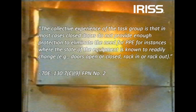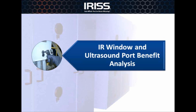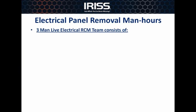That's why you see customers using arc-resistant switchgear, which is designed to not try and contain that force, but to try and vent it to a safer area so no one's put at risk. But the name of the game is to leave the doors closed. But to leave the doors closed makes it almost impossible for us to do some of the tasks we need to do. So when we're looking at the uses of infrared windows and ultrasound ports, basically what we see is